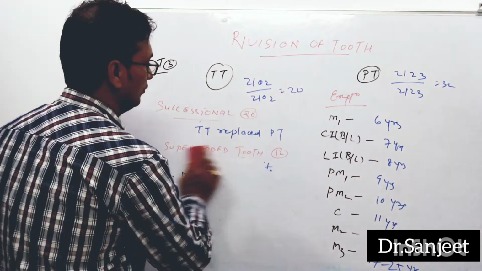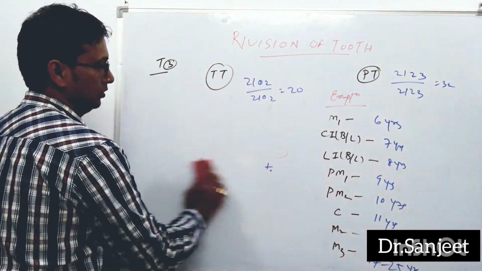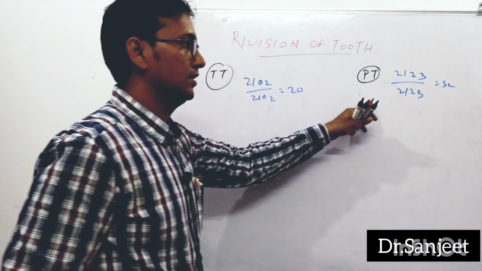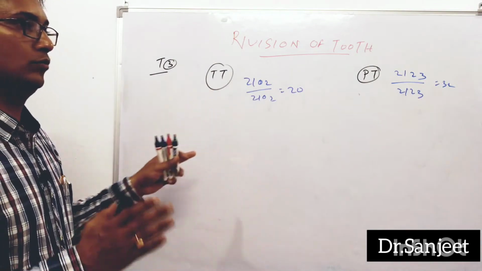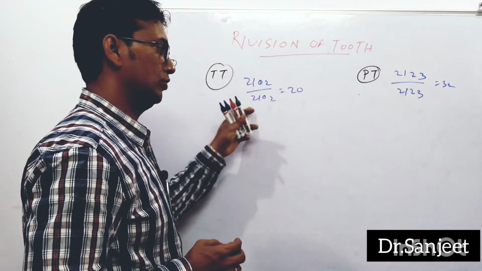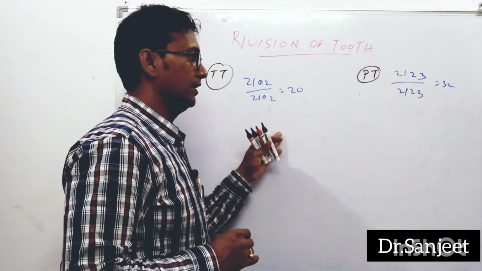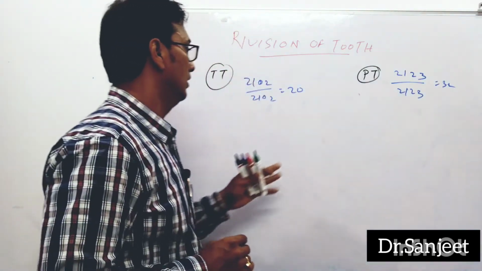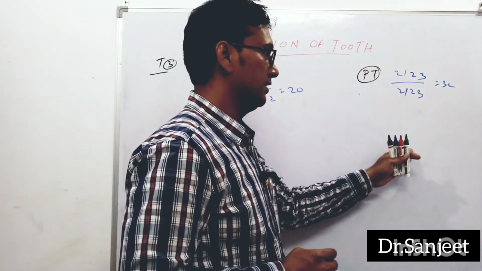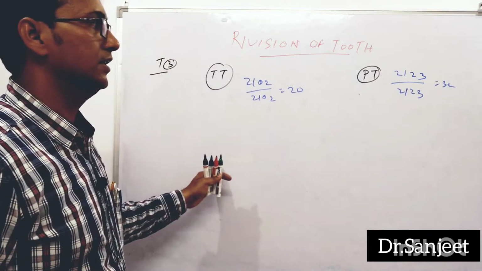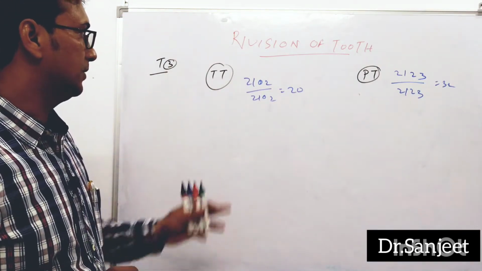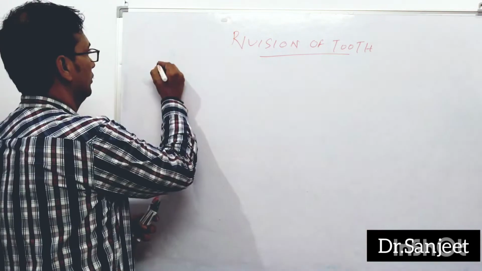Then we have studied about the difference between the temporary and permanent tooth. Temporary tooth is smaller, permanent tooth is larger. Exception: temporary molar is larger than permanent premolar. Then number 20, number 32. Chalky white in color, this is ivory white in color. Then the neck is more constricted, less constricted. Root is small and more divergent, and then less divergent and large. And the ridge is present in the temporary tooth and absent in the permanent tooth.